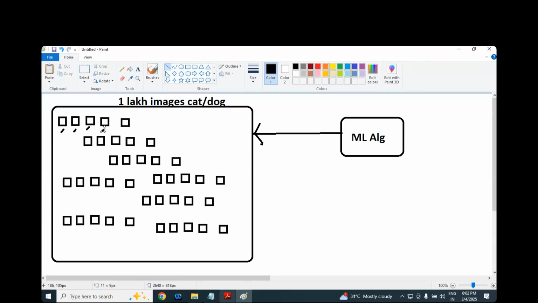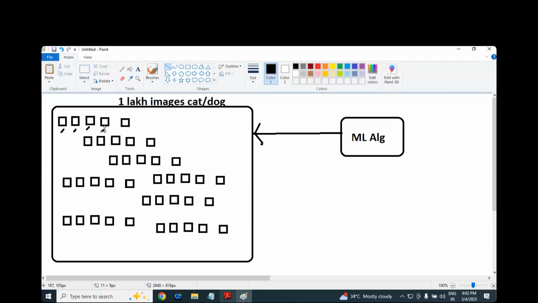Oh, what is this? Slowly the mother starts saying, this is called cat. Then in our brain, okay, this is the cat, this is the cat. Many times our brain is trained, and then we are able to recognize. Now, the same formula applies to a machine learning algorithm. If you want to create an ML algorithm that recognizes a cat and dog, first of all, training is required.